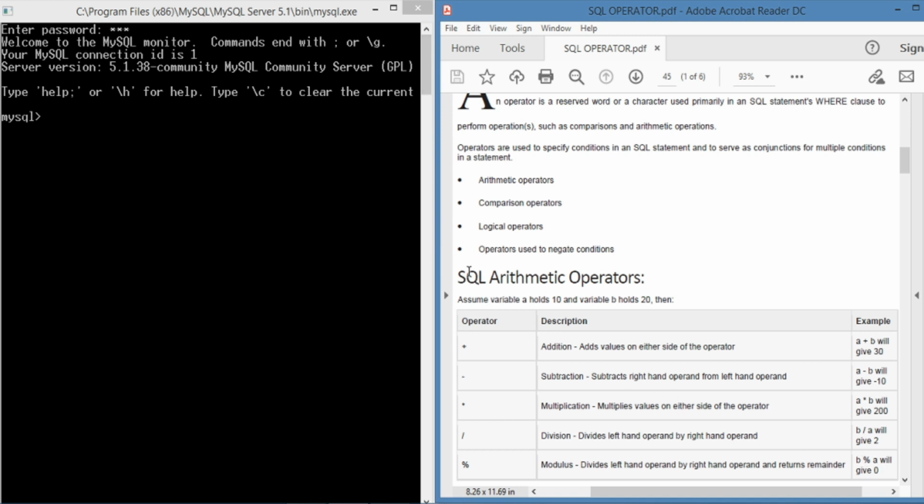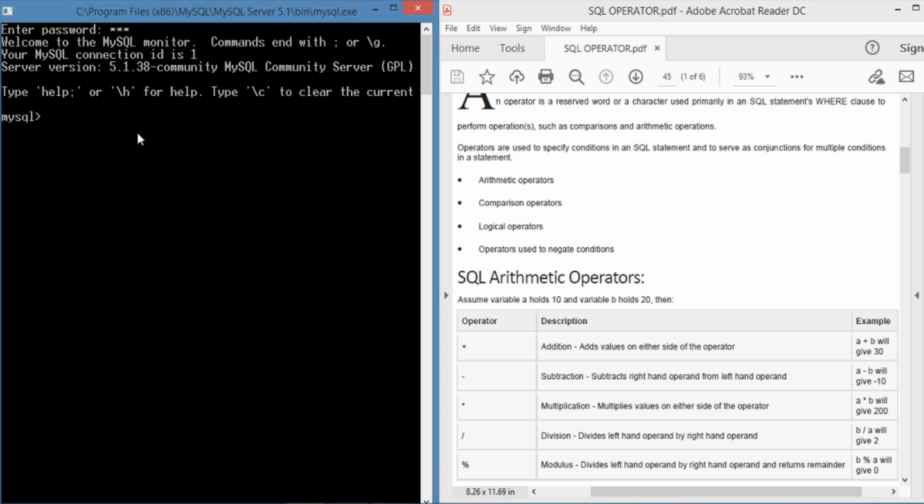Now we perform these arithmetic operations in MySQL. At first, the addition operator. Select 20 plus 10 semicolon.